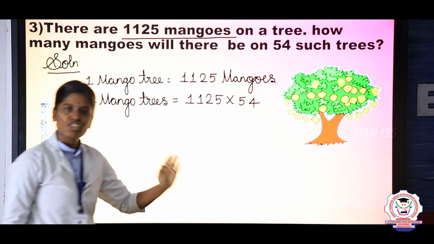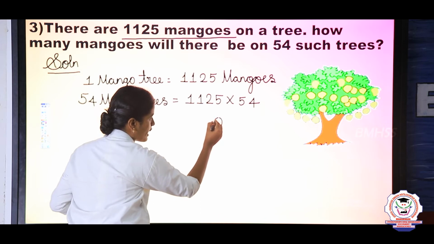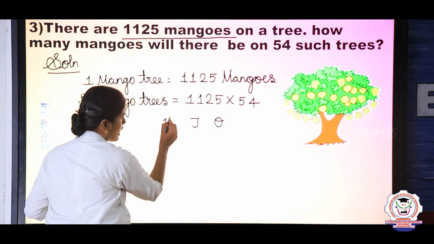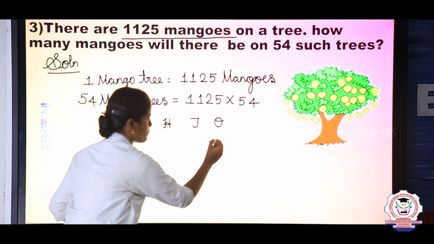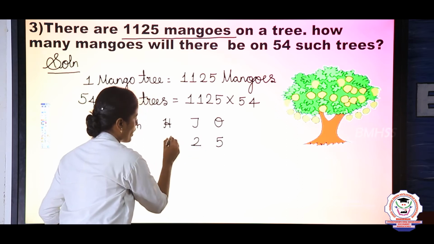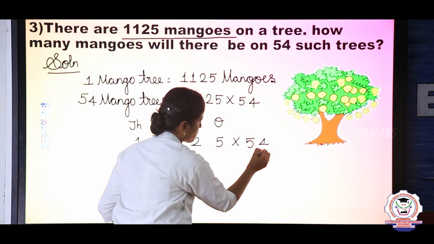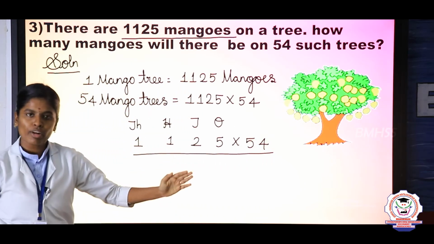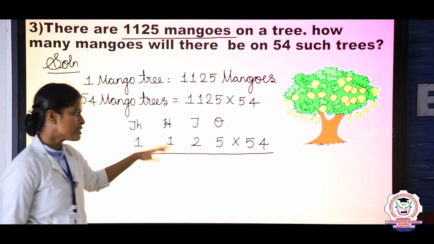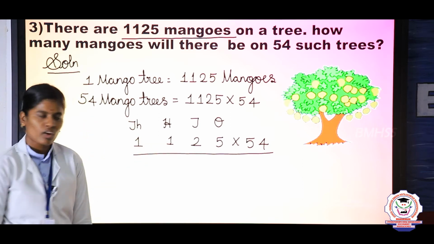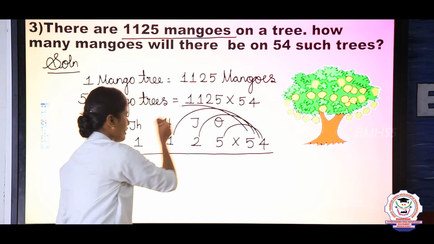So our first step is as usual the place values. Write the place values. The first place value is ones and the second place value is tens, hundreds and thousands. Here the ones place value is 5, 2, 1, 1 and multiply by 54. First take 4 and multiply by all the numbers. 4 taken, multiply by 5 ones, 2 tens, 1 hundred and 1 thousand. Okay. So listen. 4 5s are, 4 2s are, 4 1s are and 4 1s are.